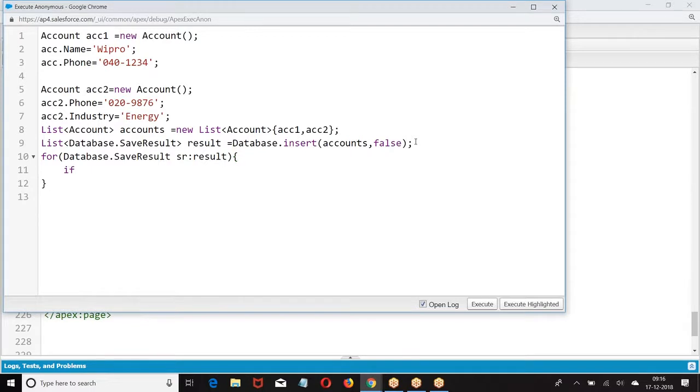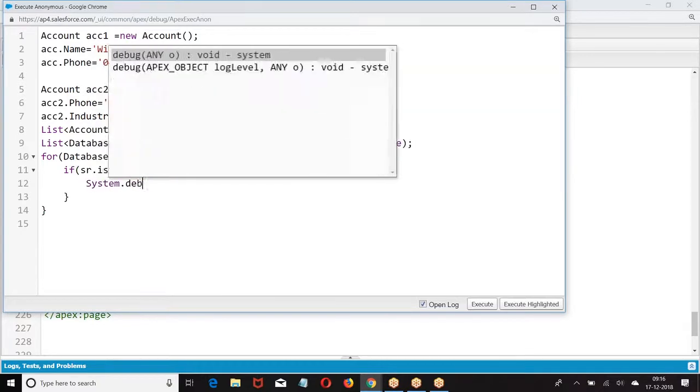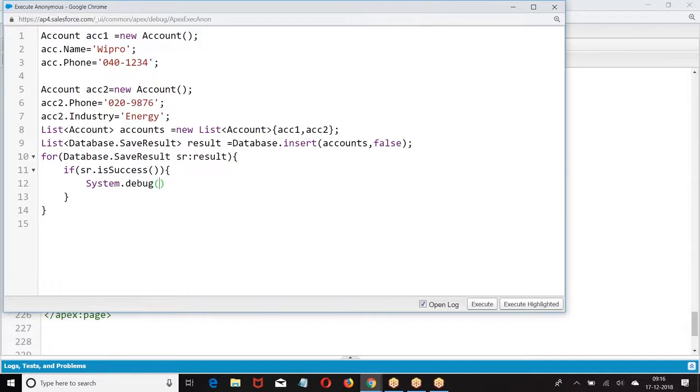We have if it is success, failure, get the errors.